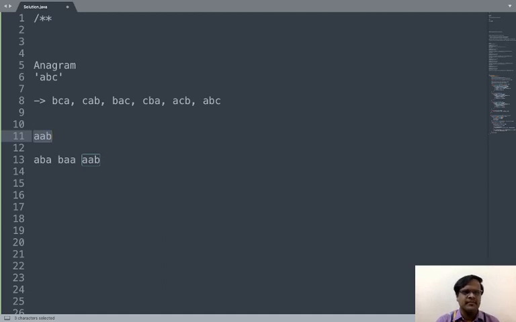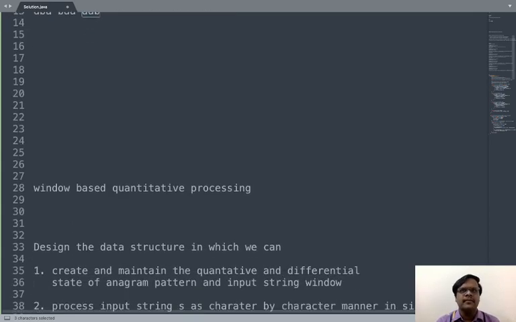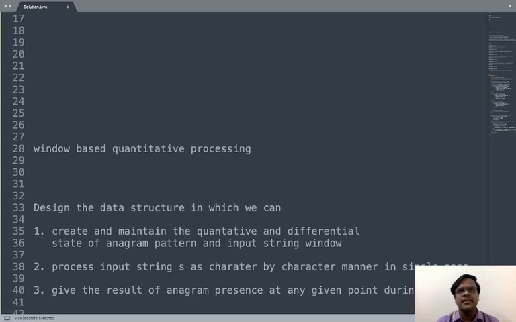If it matches, then it is one of the permutations of the given anagram in that window, and the starting index of that window in the input string S is recorded as an anagram presence. So we need a data structure in which we can maintain the difference between the anagram pattern and the window under consideration as a state.